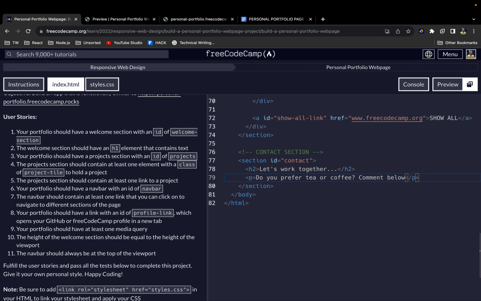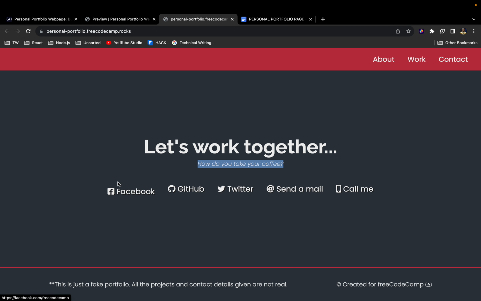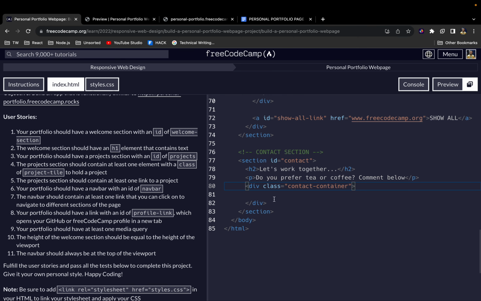All right, now let's go ahead and add a div. Let's give this div a class of contact container. I'm going to call it contact container because it's going to contain all of these things that you see here. Okay, all right, so inside that contact container I'll go ahead and add